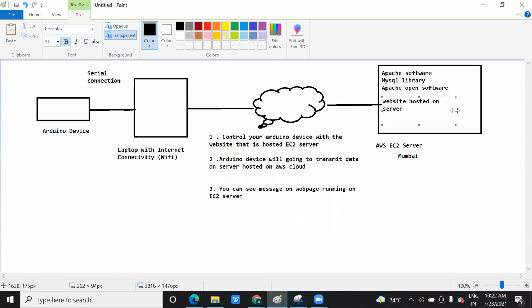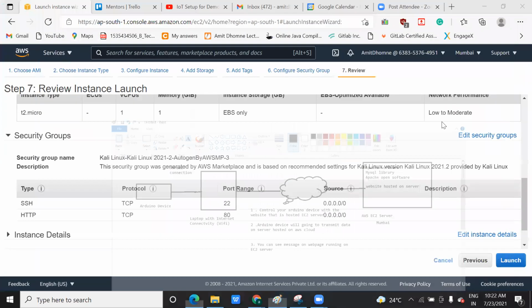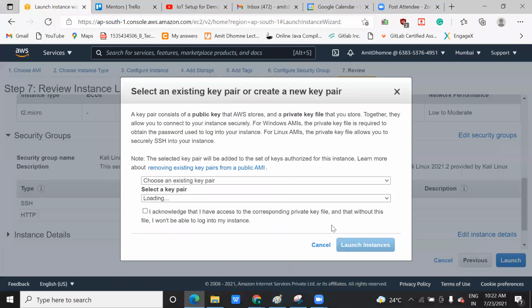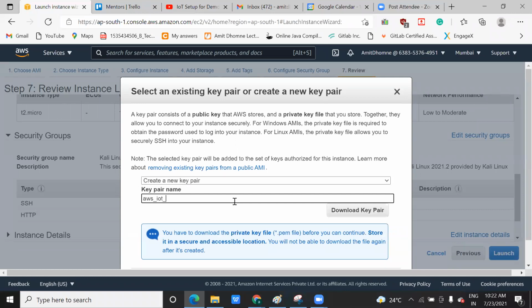So this is the thing you have to do. Now once you are done with this, just click on launch. Here it will ask you to generate a key pair. As I have already told you earlier, you might remember when we were doing the Greengrass IoT, at that time we created a new pair. So just click on create new pair, give any name, like I'm giving today AWS IoT.